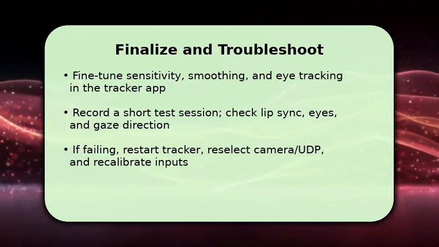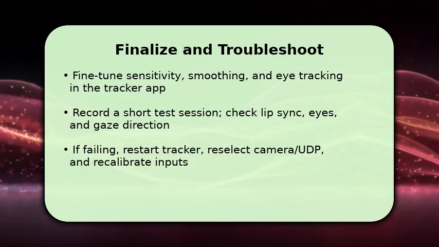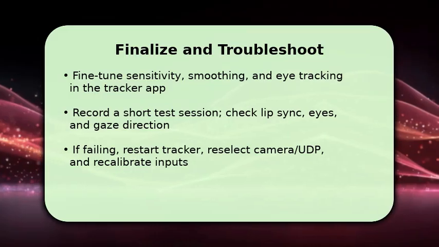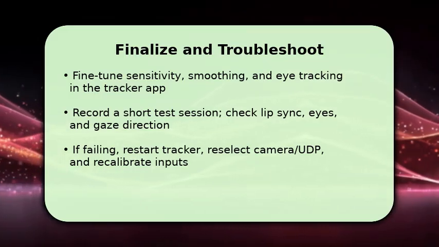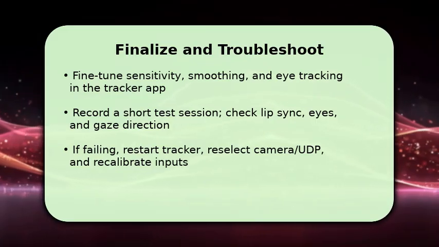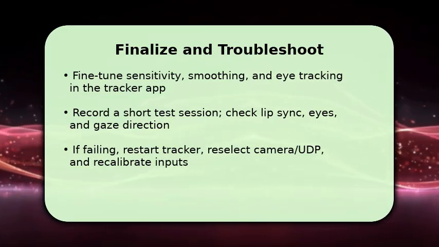If something goes wrong, restart the tracker app, reselect the virtual camera or UDP endpoint in VRChat, and recalibrate face alignment. One key troubleshooting tip: if tracking is wildly off, rerun calibration in neutral lighting, and ensure the webcam